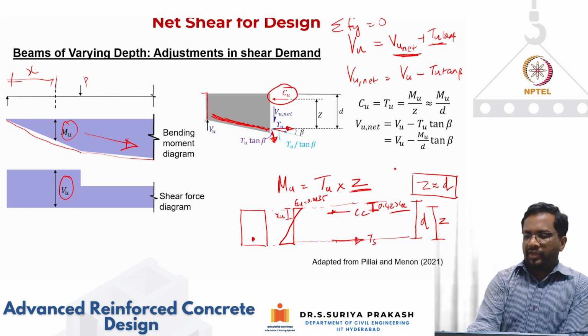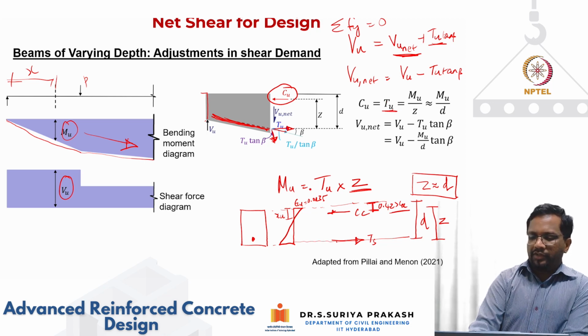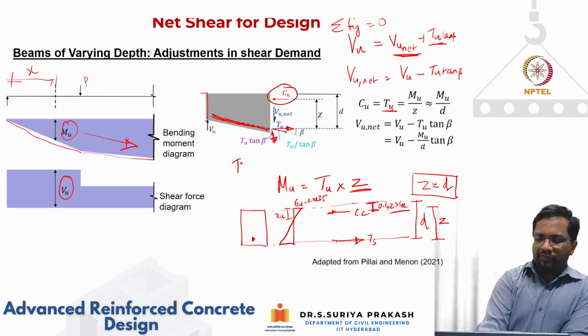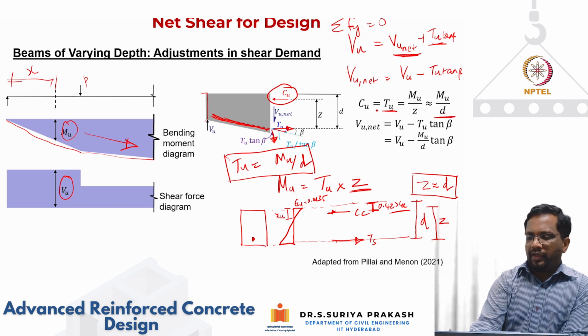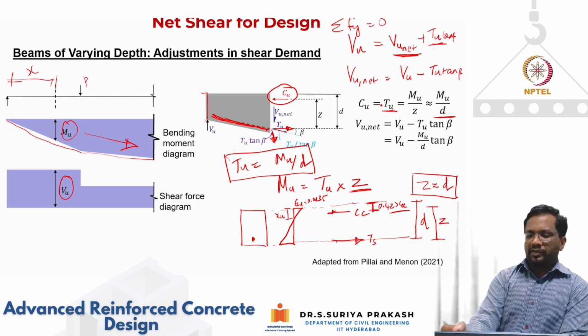Now, how to calculate my tension force? I know the moment. So lever arm is, now I've equated that to be effective depth. So what is tension force? Tension force is Mu divided by effective depth. Okay. So that is what we have taken here, where compression force should be equal to tension force, which is Mu by z,